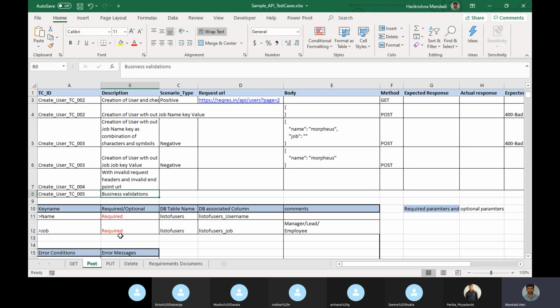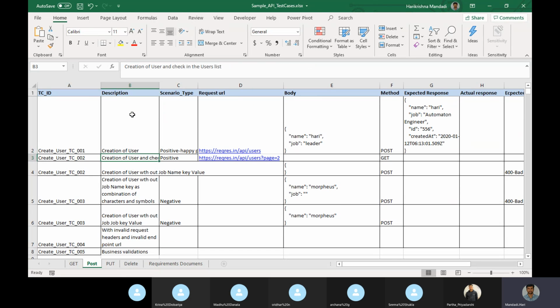Okay, so next one, creation of user. See, creation of users, and check in users. We have seen this with invalid request and invalid endpoint URL.